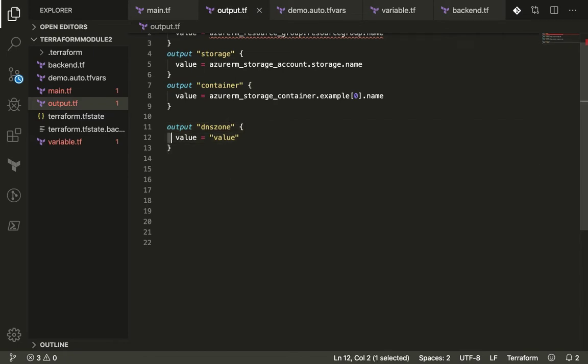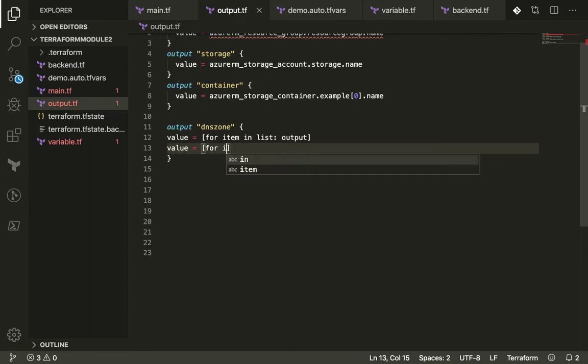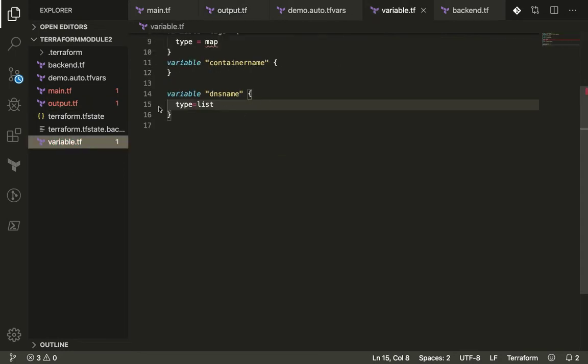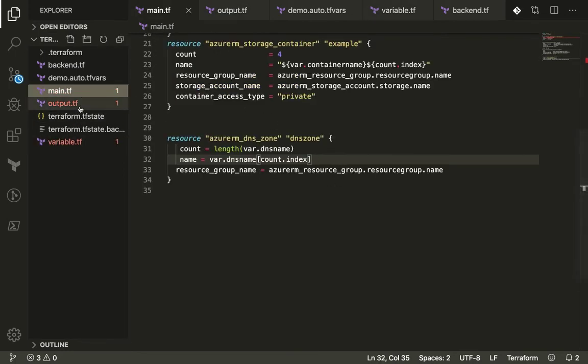So a for loop in Terraform is pretty similar to any other language. So we want the value. Value is gonna be for, remember, item in list and then the output. So we're gonna construct this like for I in var.dns_name. That's what we define in our variable. Yes, for item in dns_name